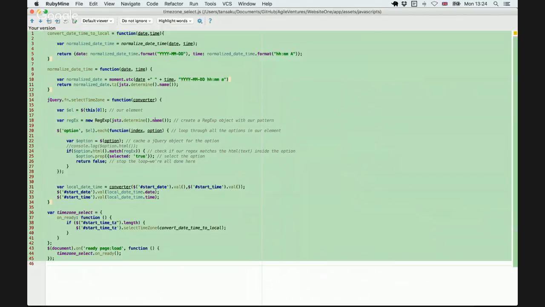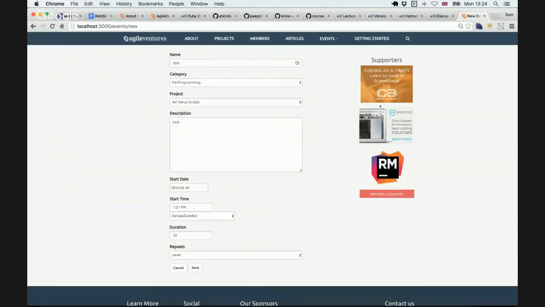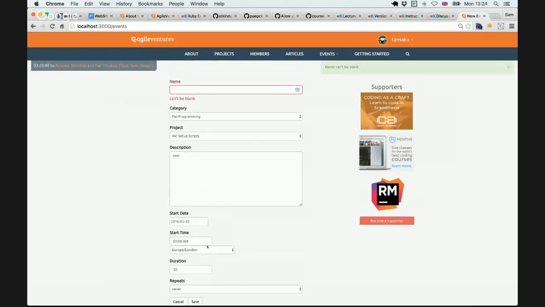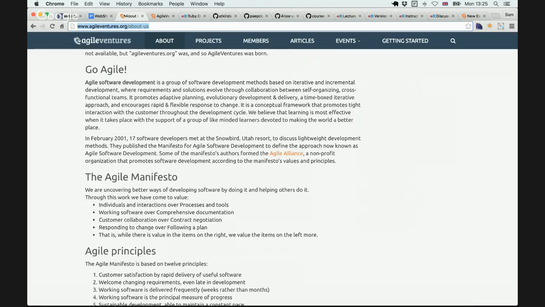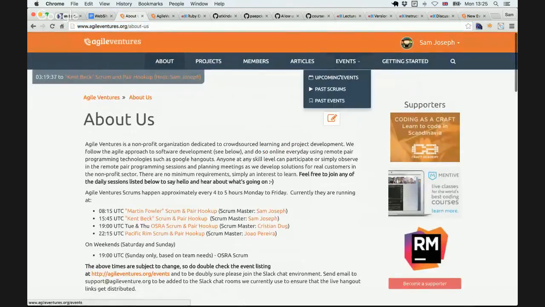The other thing that's pressing though, as I said in the PR, is this bug where if you try to create an event, get rid of the name so it fails validation, notice that it's 1:21 p.m., but it's going to come back like a different time. I think because it's interpreting that time as, I don't know, CET, I'm not sure. When you create an event like that,